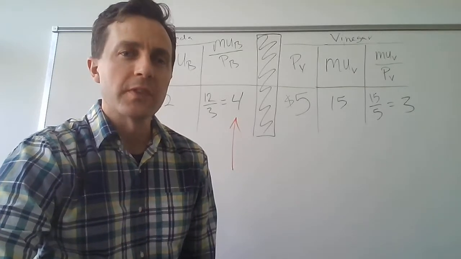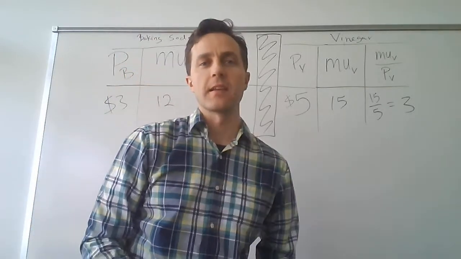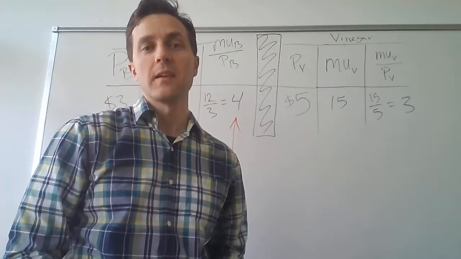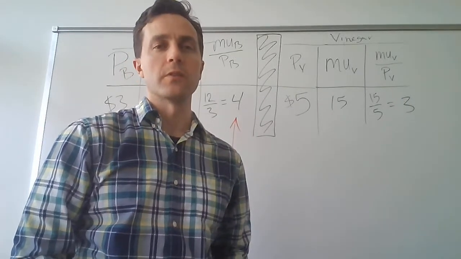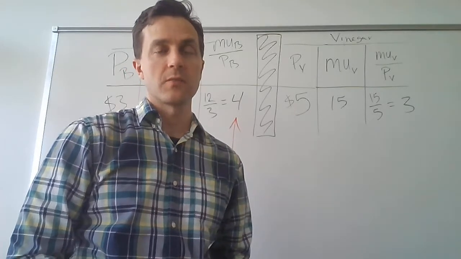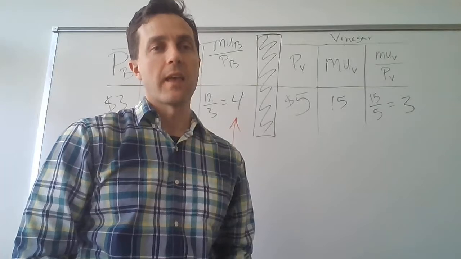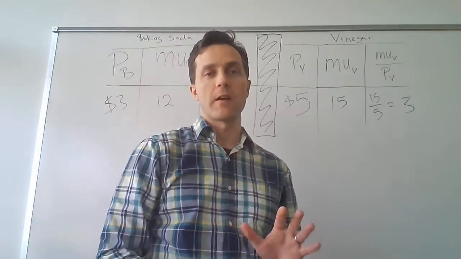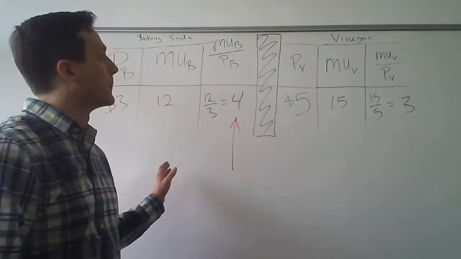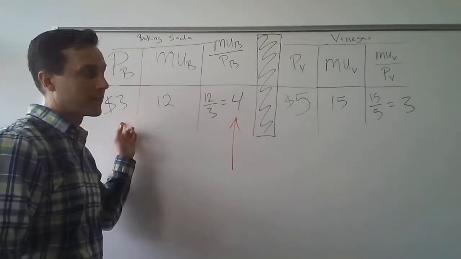All right, suppose there's a consumer named Jackie, and she has some additional money to spend, and she can spend it on one of two goods, at least one of two goods. She can buy either some baking soda or some vinegar. And wherever she is right now, however much she's been consuming, right now, the price of baking soda is $3